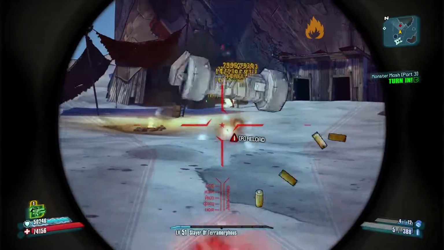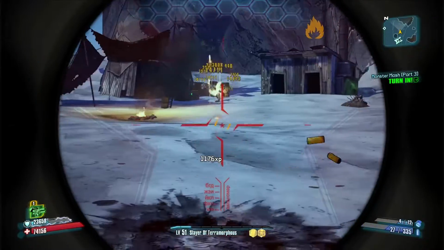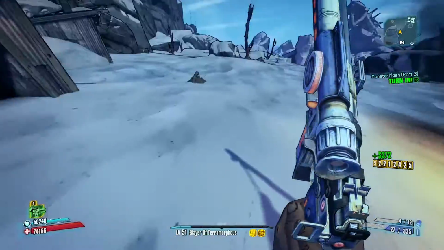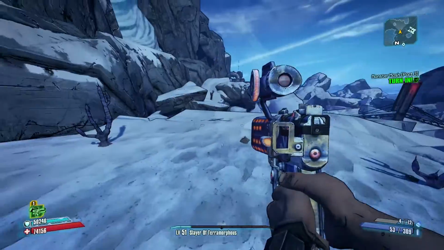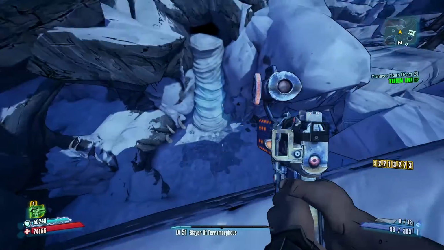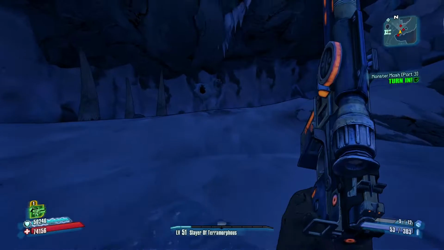However, it has really good fire rate, and it is still able to do really good and decent damage. To get the Stinger, you'll have to kill the Ancient Dragons of Destruction in the Assault on Dragonkeep DLC. Number 7,